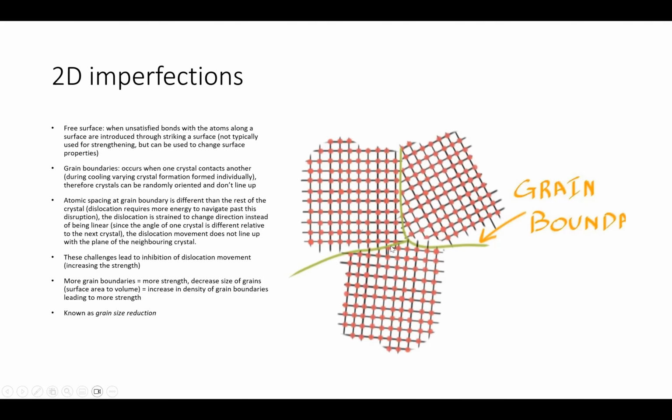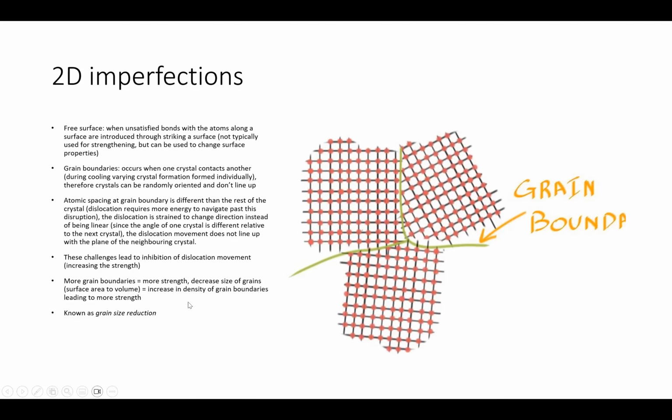So that's sort of here, you can imagine how difficult it is for this dislocation to go from sort of like this straight line to turn. And then since the angle of one crystal is different relative to the next crystal, the dislocation movement does not line up with the plane of the neighboring crystal. So if you just look at this one's on an angle, this one's on an angle, it's difficult for this linear dislocation to sort of stay linear. So that leads to some sort of strengthening. These challenges lead to the inhibition of dislocation movement,